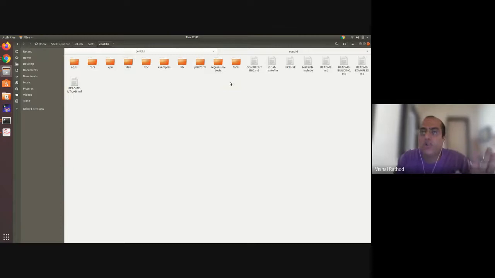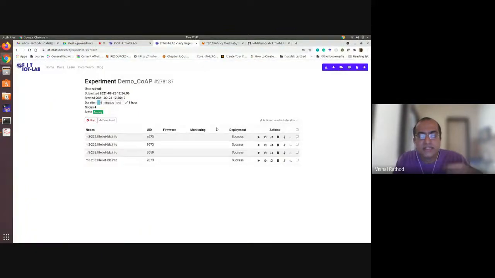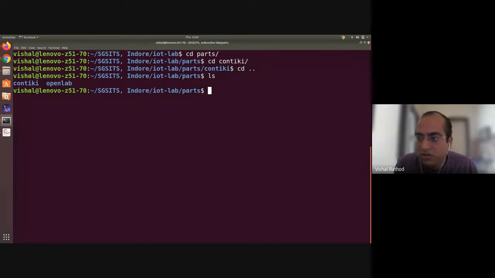You have to write your code here, compile, create binary, and upload the firmware on the particular site. This is the way you can upload your algorithm and code on particular sites. So this is how I show you that you can use your own code here, upload it and paste it. So this is the way I can close it.